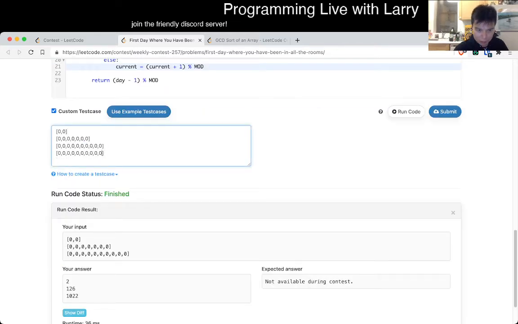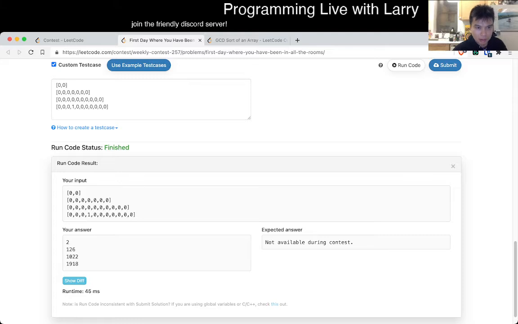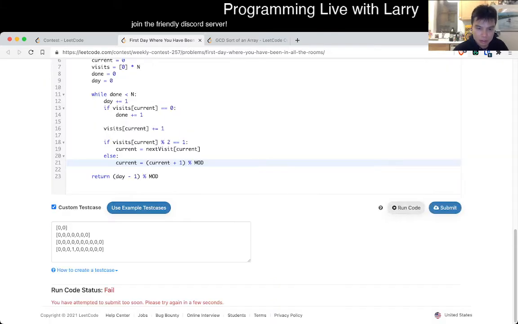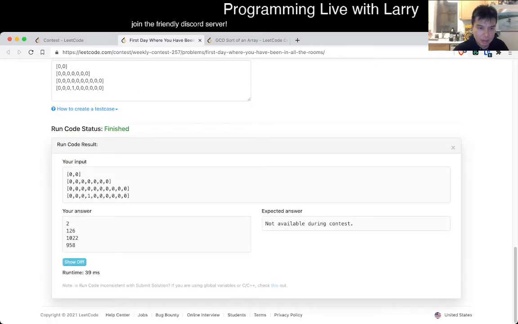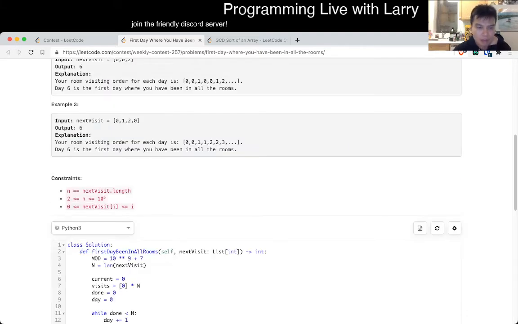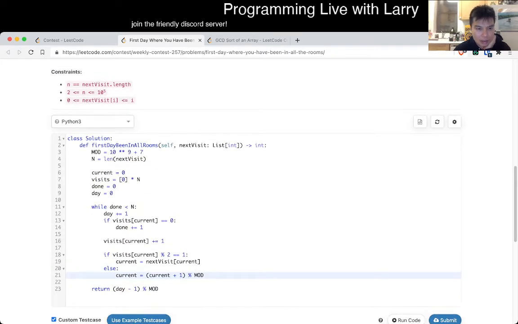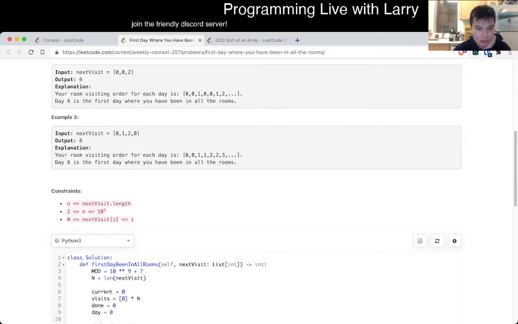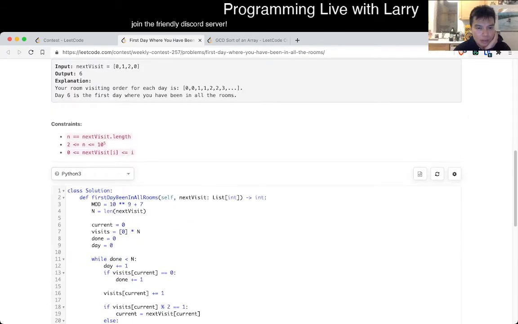So I just don't know how to solve this, at least not off my head. I mean, I think there's some caching type thing too, but always test on a big example. But yeah, I was really wrong on this one. Okay. Okay, let me think about it for a second. This is clearly wrong, but at least it gives me an answer that is right. I feel like there's some caching thing that we can do, but